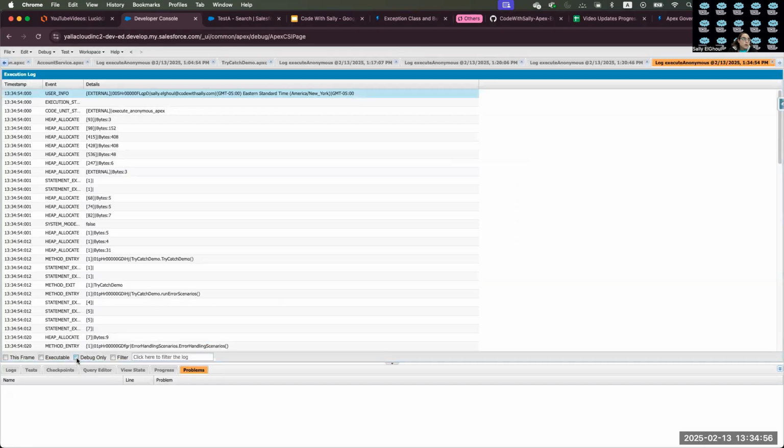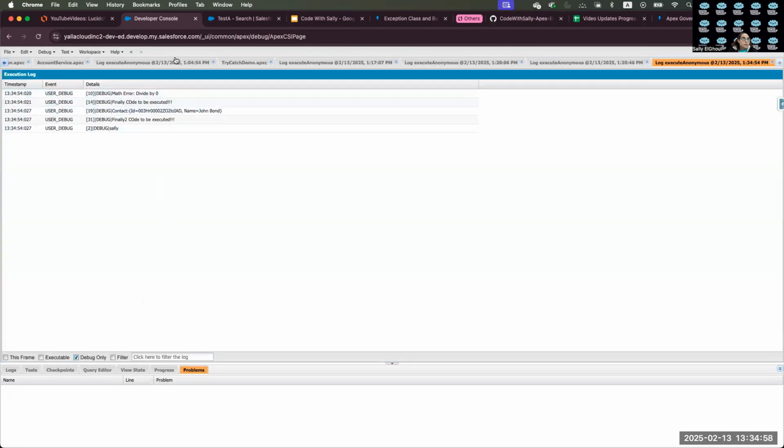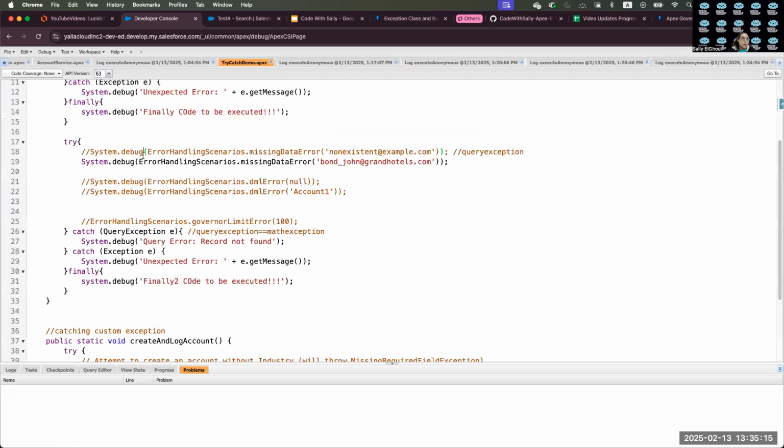So I will do debug here. I got the exception, the first finally for the first try and catch block. And then the contact, I tried to get it. I got it. And then the second finally, then the debug statement as well got executed. So if I put this back and remove those